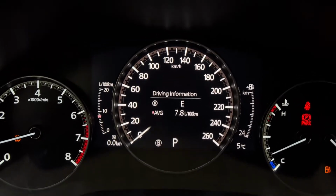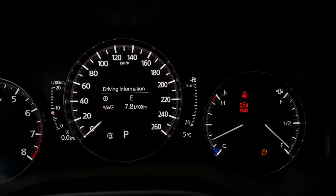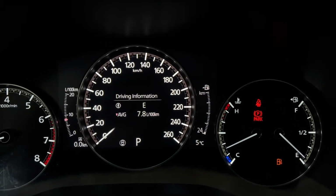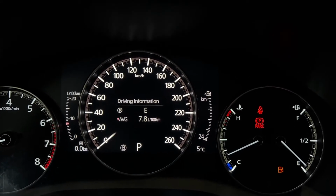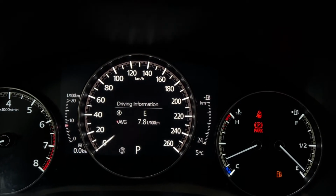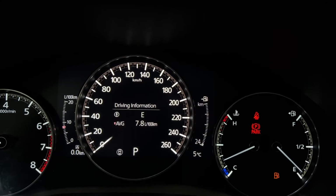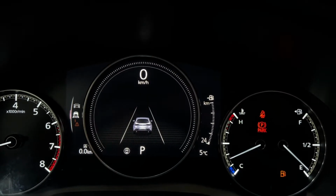And now going through the screen above here, on the left-hand side, you can see the RPM gauge. On the right-hand side, you do have the oil temperature as well as the gas gauge. It's currently low on fuel, but we'll get that filled up right after this. Now you do have the speedometer right in the middle there. You do have the driving information with the direction that you're facing, your average fuel economy there as well. As we tap the info button, it brings us to the